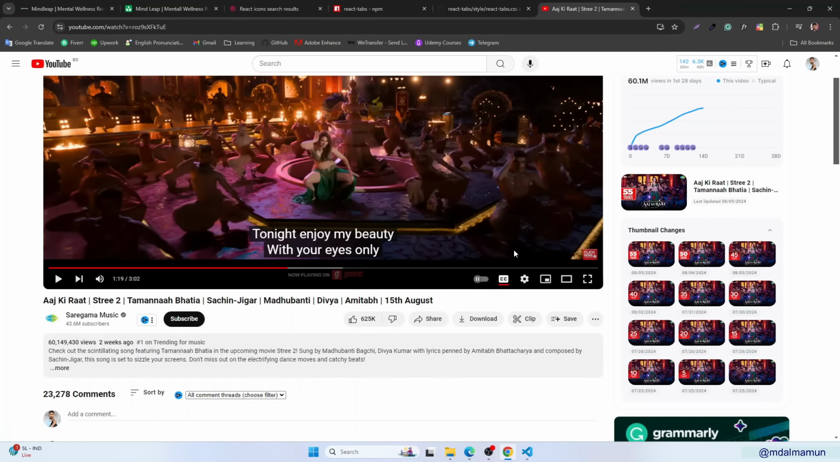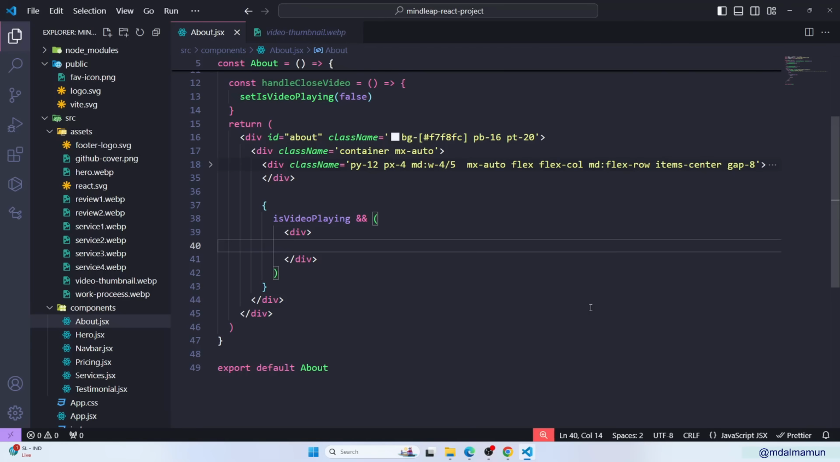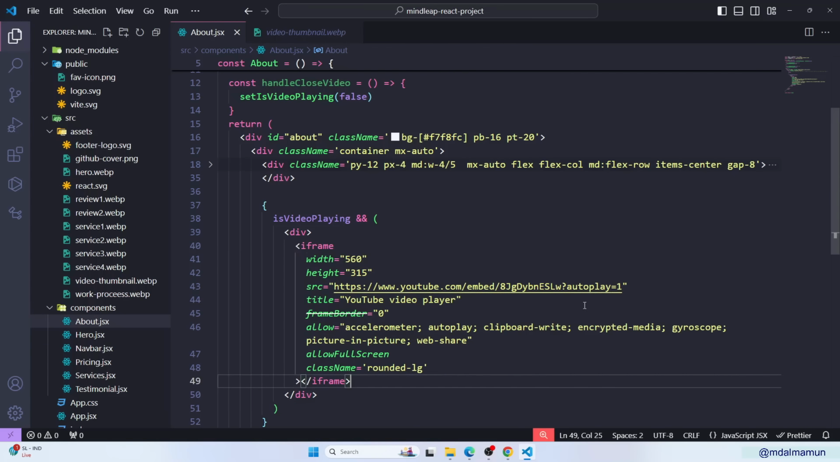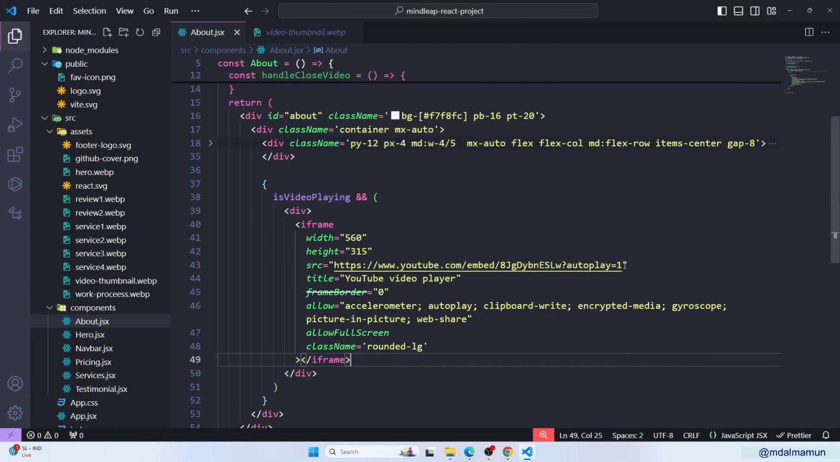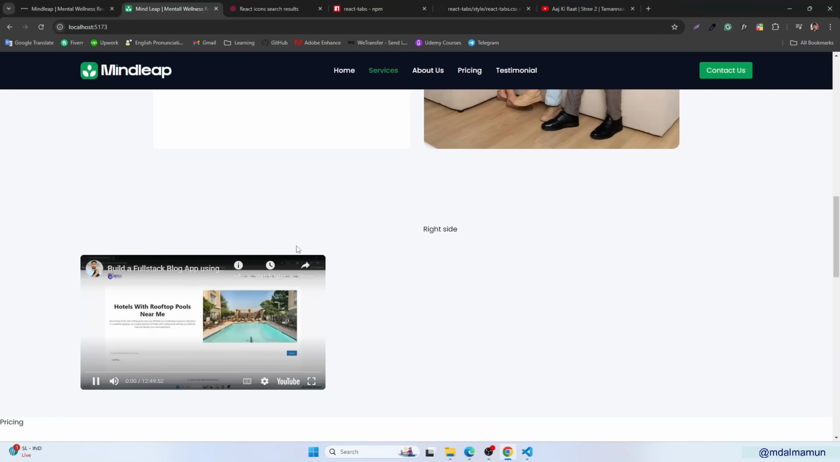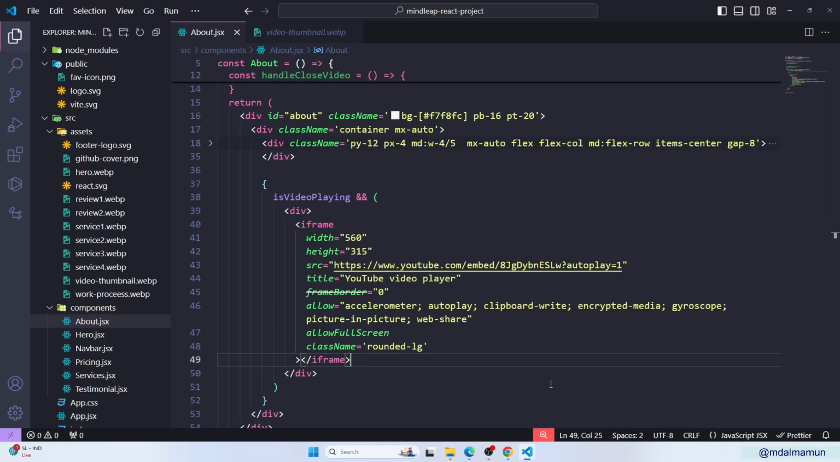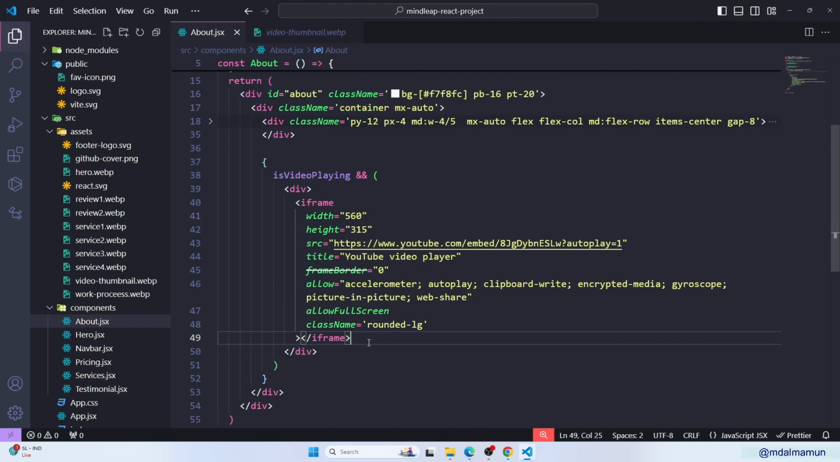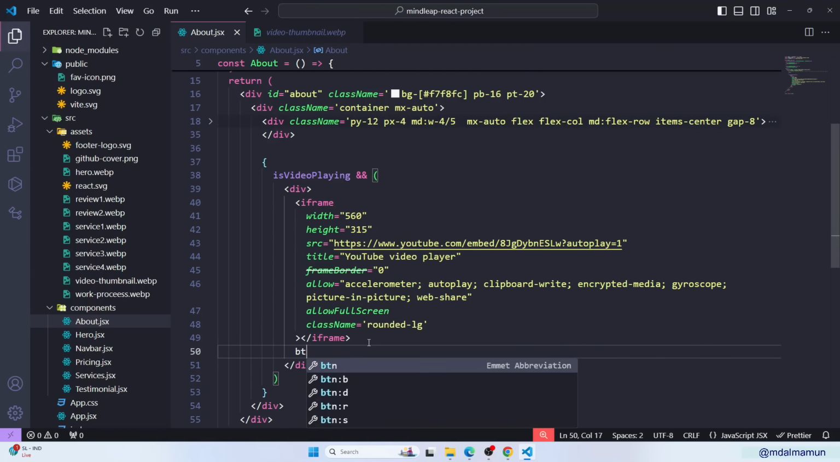So if not, let me check. We'll simply define this code, paste it here. You can see we'll just define a video player here, and this is all of this stuff. You can see now the video is there. So by default, when the button is clicked, it's there, and after then we'll have a button,